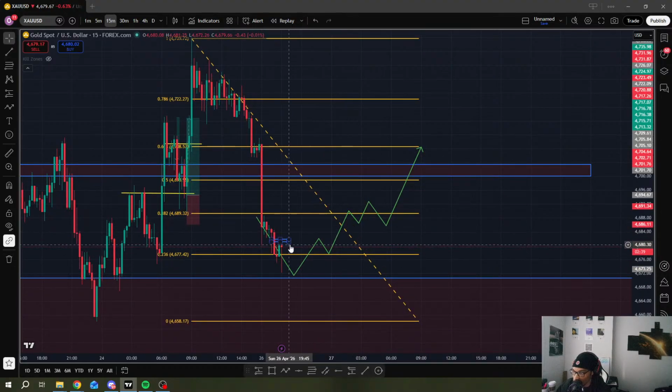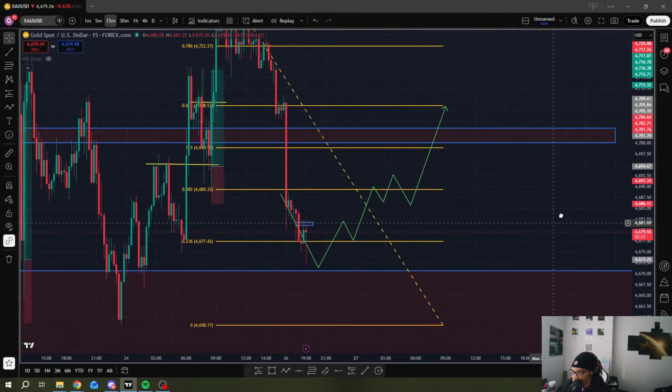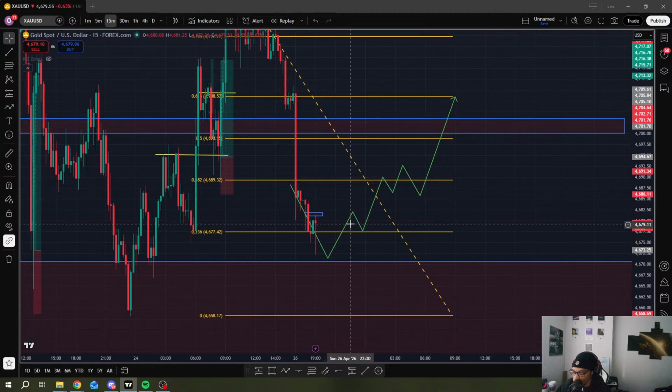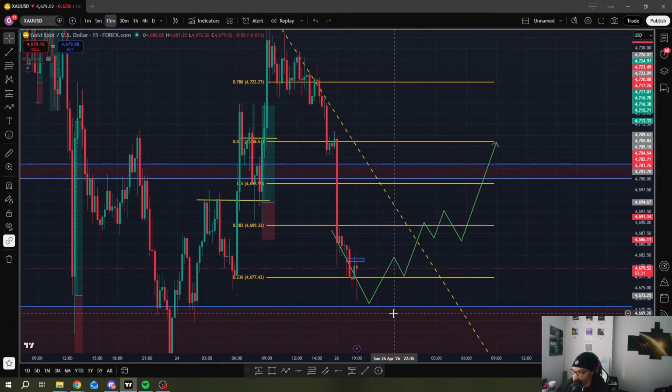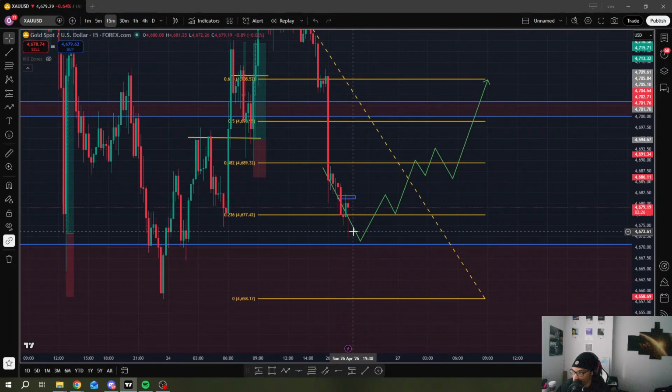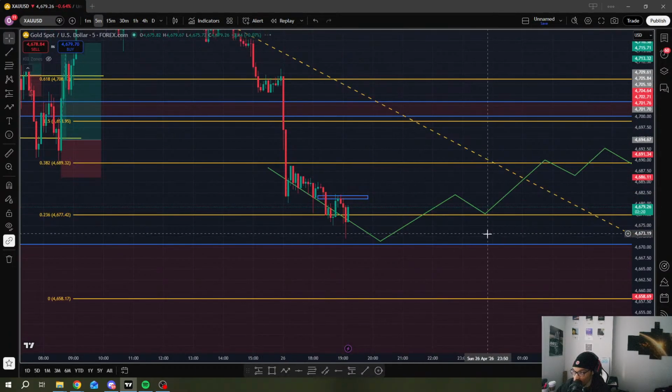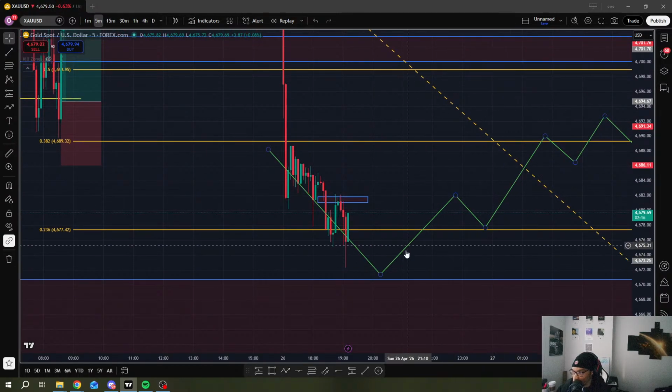As you can see, we're rejecting right now. Very strong rejection from this downside area. So we'll be watching price in this area just to see what we're going to do. This is a very nice rejection wick though. I would love to see this continue to close above this area and then push to the upside. And this is on the 15 minutes. So on the 5 minute, it's looking clean. We're looking real clean.